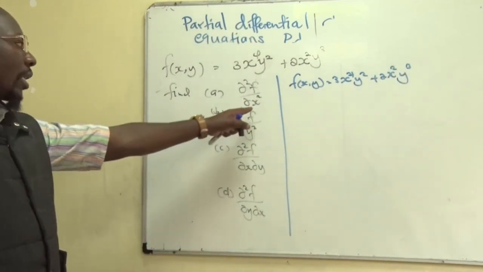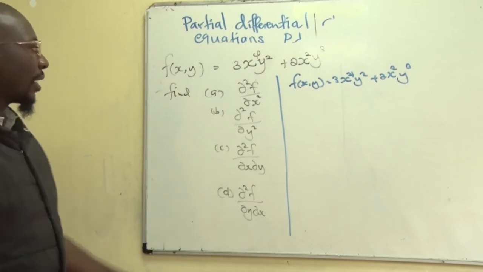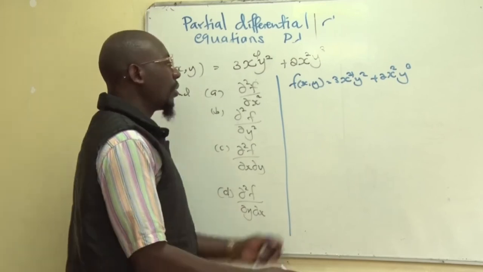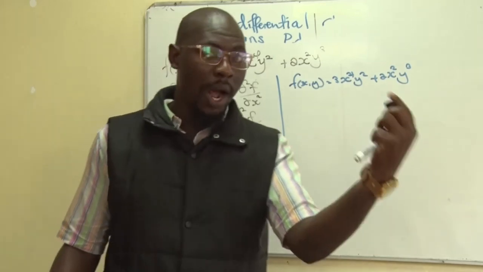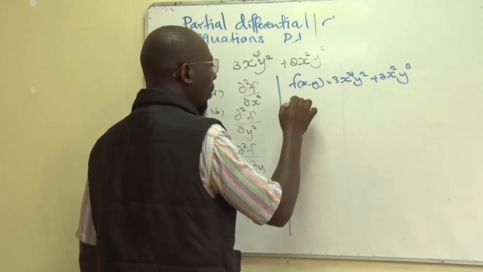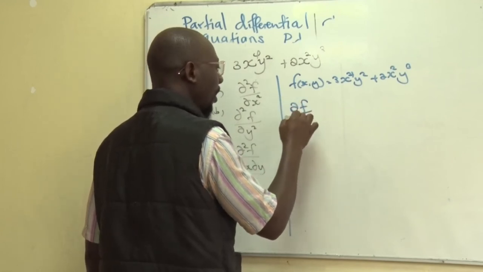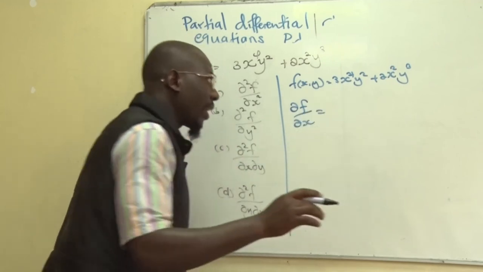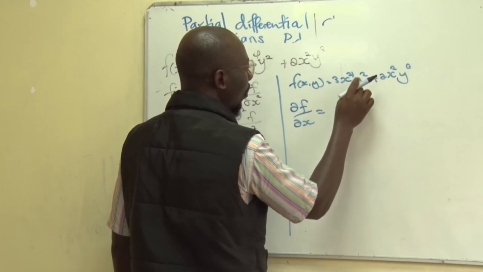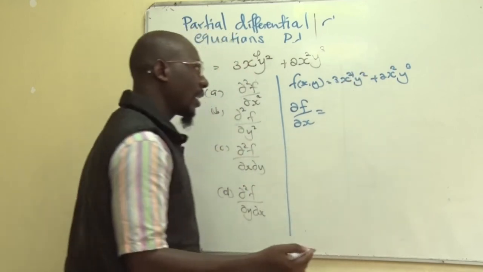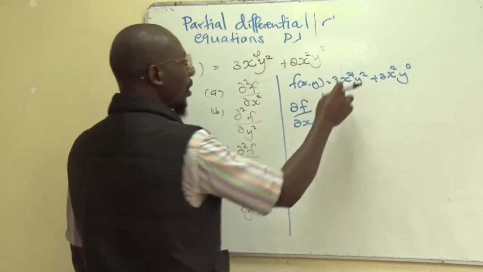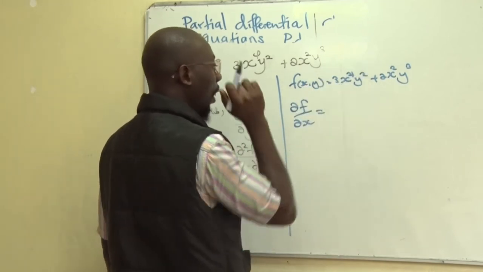So we first want to solve part A, that is getting the second derivative of this function with respect to x. So it means in that case we treat y as a constant. So our first derivative, that is the derivative of f with respect to x, wherever you see y, you make it a constant. So we have our constant as 3y squared. To differentiate our variable, you just take the power, then the power reduces by 1. So it is 4 times 3 giving us 12.